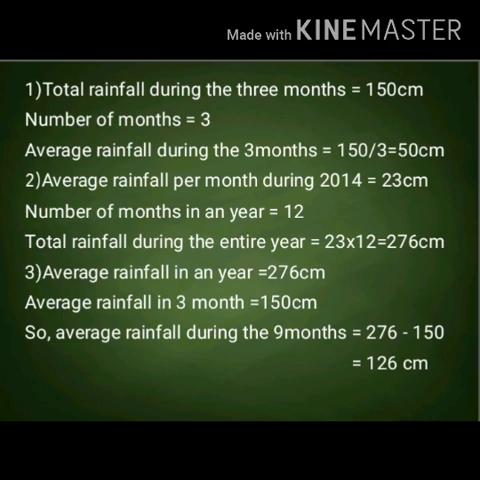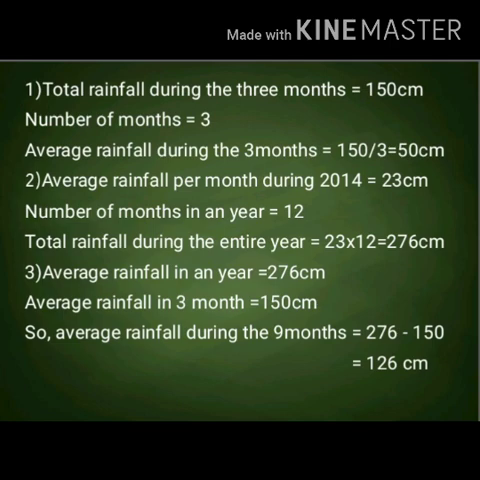We know that the total rainfall during the 3 months is 150 centimeters and the number of months is 3. Then the average rainfall during the 3 months is the total rainfall divided by the number of months, that is 50 centimeters. Our next question is, what was the total rainfall during the entire year of 2014? The average rainfall per month during 2014 is 23 centimeters and the number of months in that year is